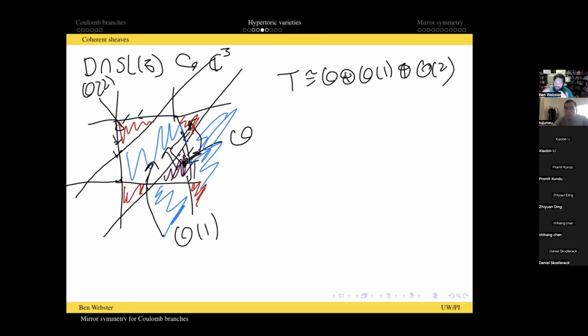But one of the things that at least I don't understand very well is how to think about it: you're looking at a real locus inside the space of stability conditions, and you implicitly know what must be happening when you take a little path through the complex world to get around this wall. But what does it mean to look at one of these stability conditions where you've gone off the real locus?